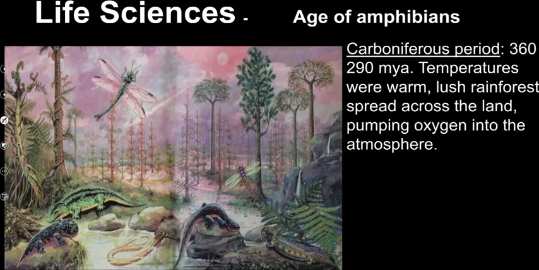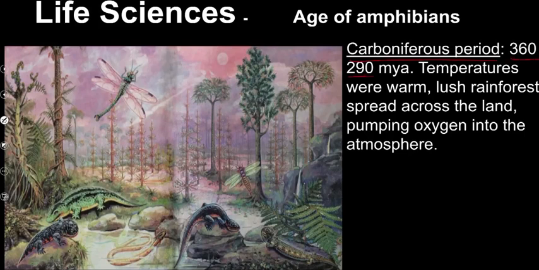The next period was the most prolific period in prehistoric life, the Carboniferous period. It was warm, there was no ice. Lush forests spread across the land. Living things diversified to form a huge variety of different plants and animals. So it's the Carboniferous period,